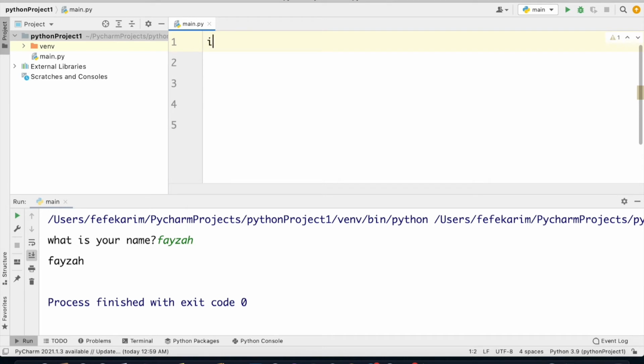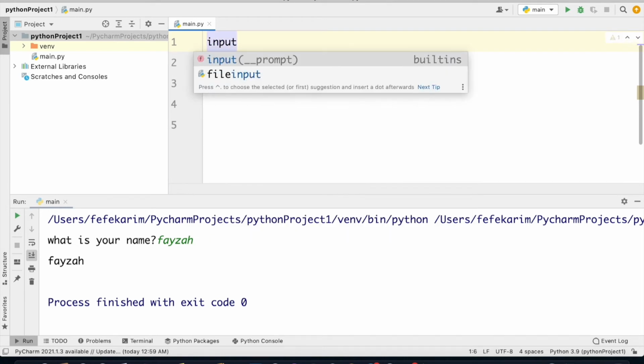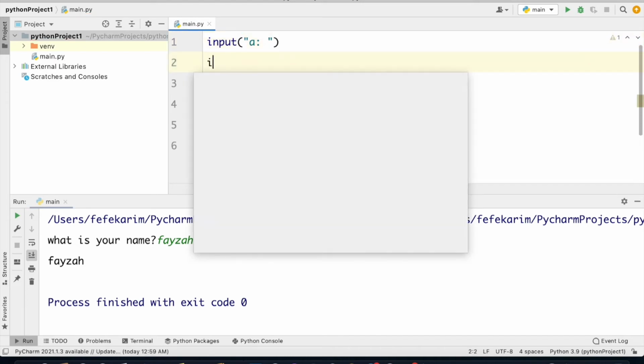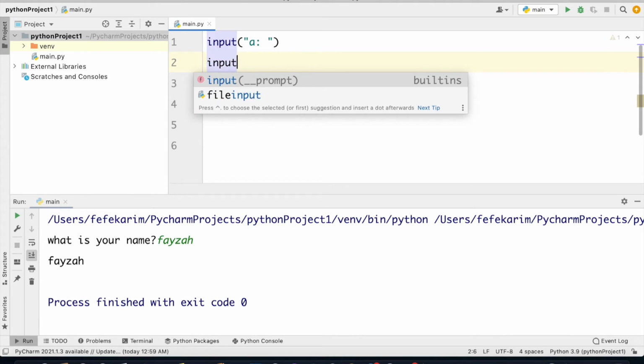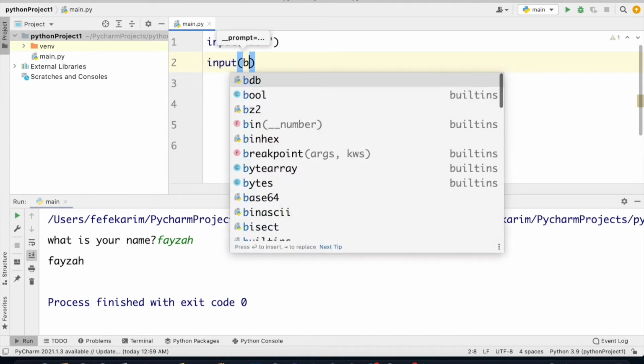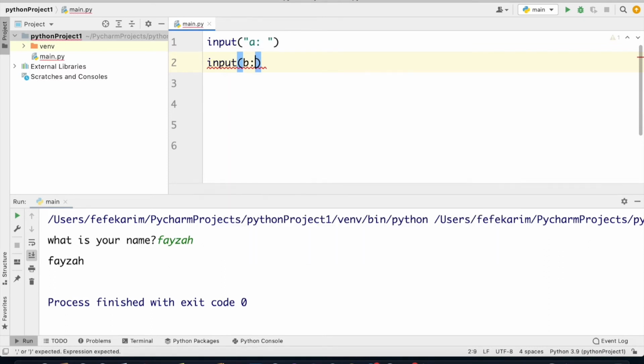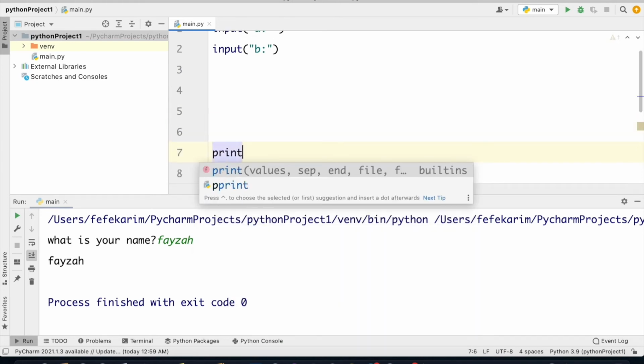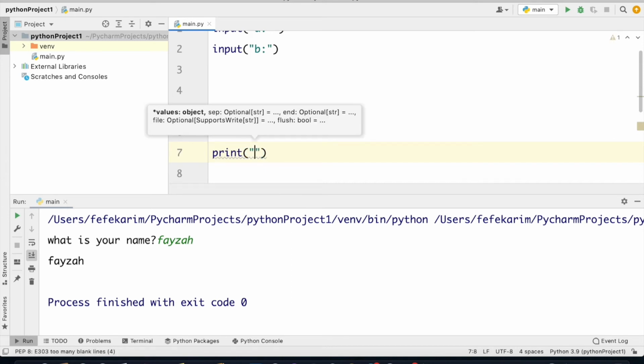Okay, so if we put the input function, okay, and A is, okay, into double quotation, of course, let's put a space, and input B, okay, into double quotation, then let's put a space here, and we will print here in double quotation A